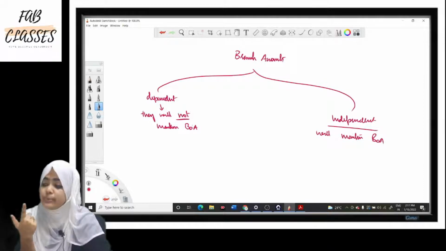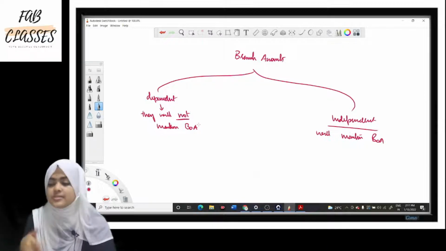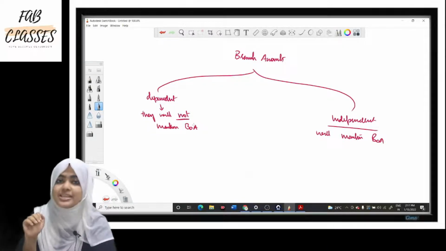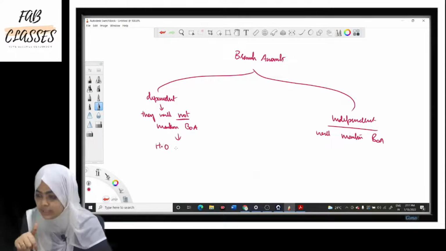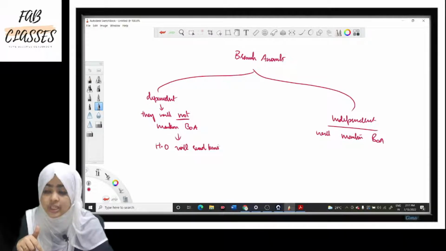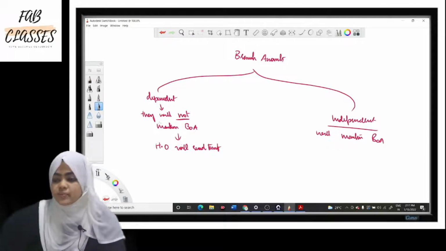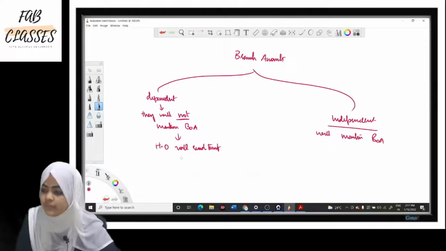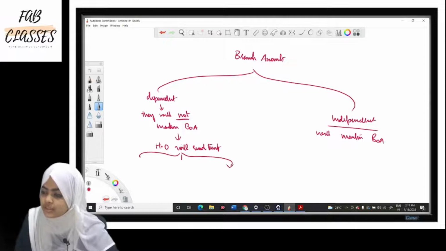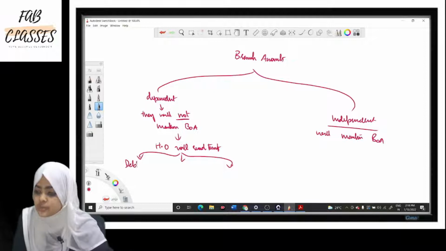In case of a dependent branch, however, someone has to record these transactions. So even though they do not maintain separate sets of books of accounts, the head office itself will record all the transactions of the dependent branch. How will the head office record them? There are three methods through which dependent branch accounting will be done, and the first one is